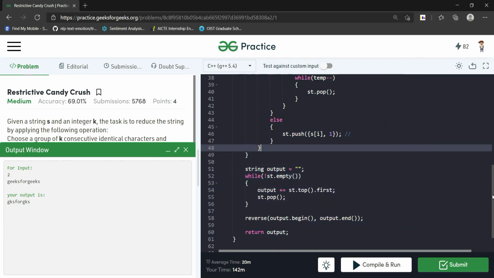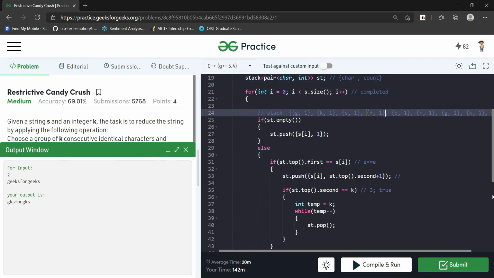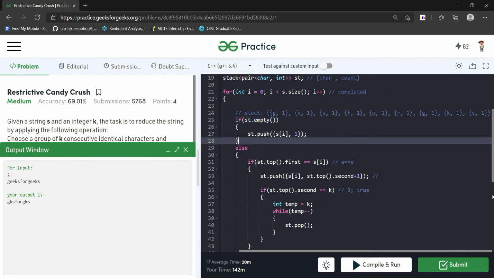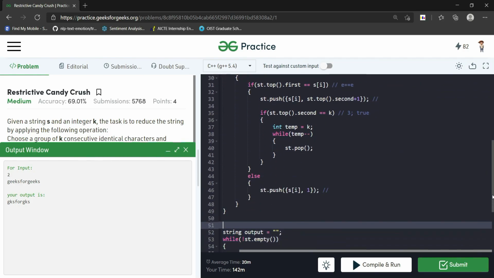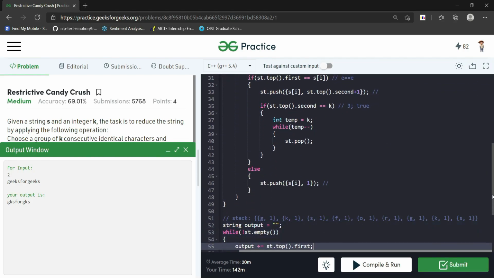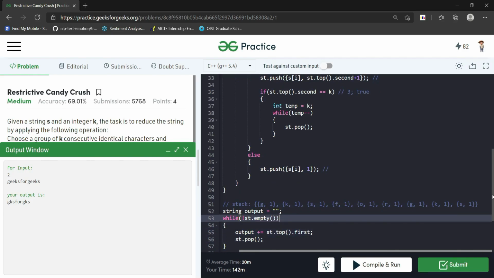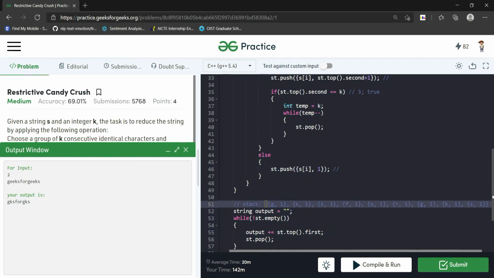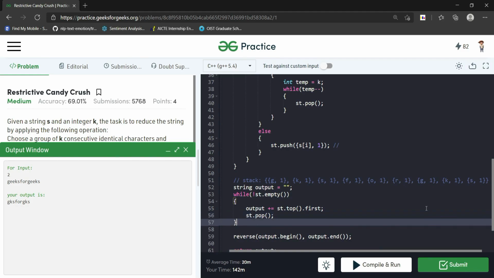Now what is in the stack? I should copy it. So what is in the stack? I should write it over here. So now what we will be adding to the output string is the top of the stack, popping it simultaneously.